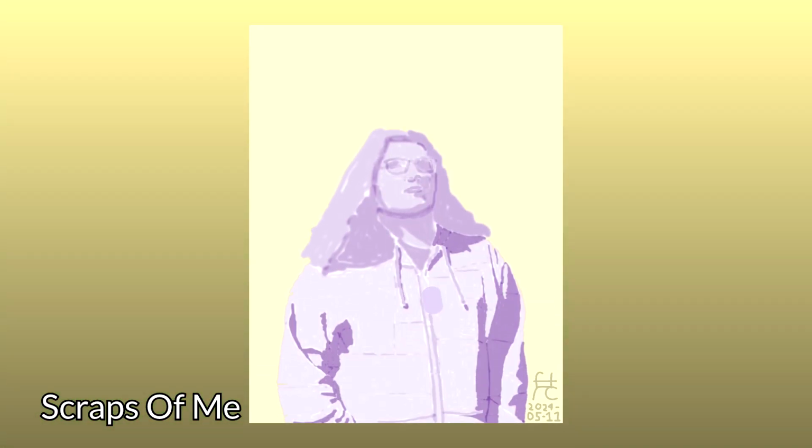Lastly comes the Value project in Digital Art 1, wherein we were to demonstrate the concept of color value. The penultimate piece I'll be spotlighting here is Scraps of Me. To make it, I used the same photo of myself as I did for Soul of an enby. I made a monochromatic painting of myself with each shade of purple having a value roughly matching the original photo. I then also colored the background a light yellow to provide some contrast. Its name, Scraps of Me, was chosen as a result of the scrappy look of the painting from seam lines